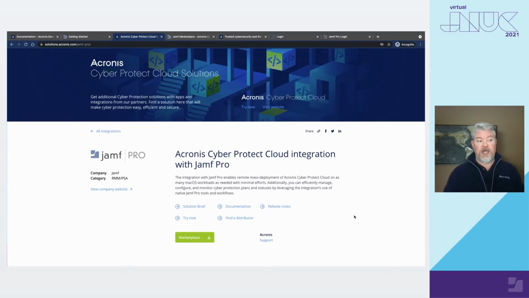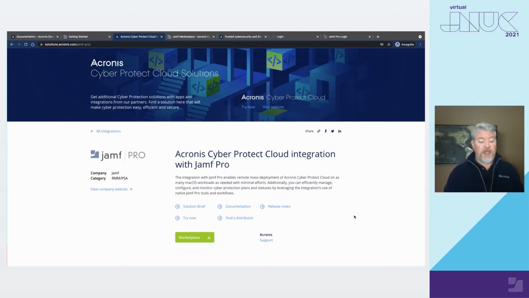So we use groups to do that. We use protection policies to do that. And then we're able to take that information that is originally on the Acronis side, that reporting of the status, pull that out using the alert APIs